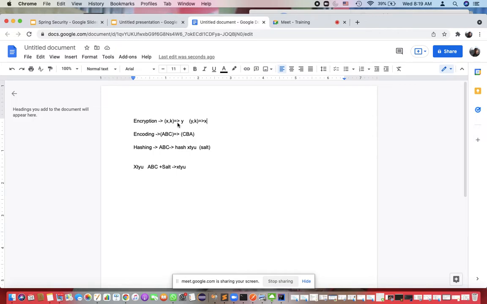Here you are using one key, and you are able to go both ways. You are able to get back to the original value. Now, there are two types of encryption: one is symmetric encryption, another is asymmetric.